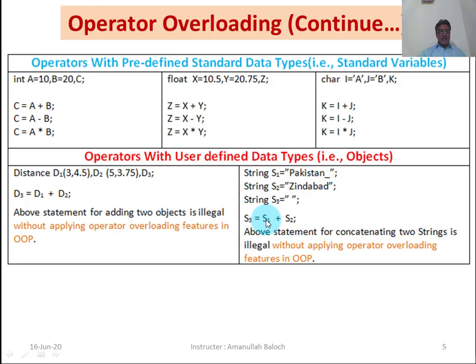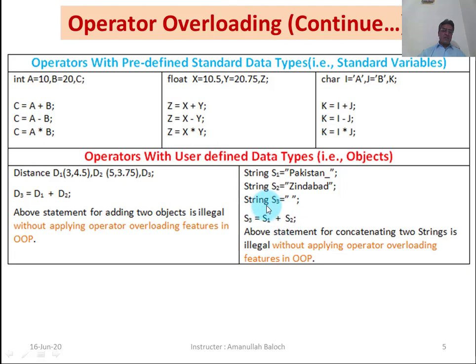When we concatenate these two strings, Pakistan and Zindabad, and assign the value to S3, the computer complains with an error at this location, because we cannot concatenate two strings and assign the value to a third string without using operator overloading. The statement for concatenating two strings is illegal without applying the operator overloading feature in OOP.